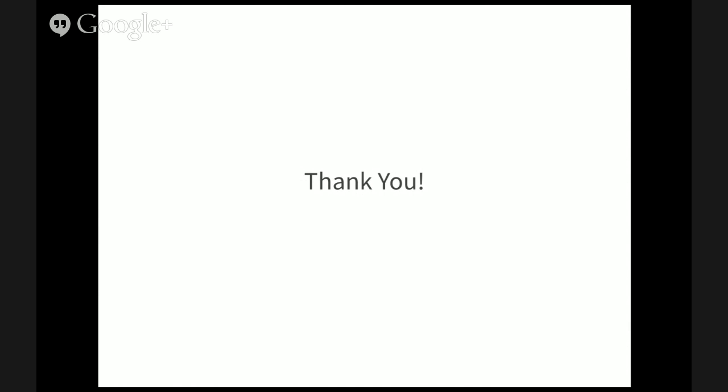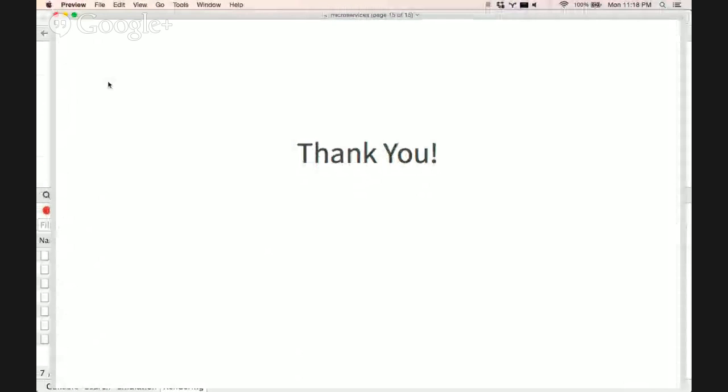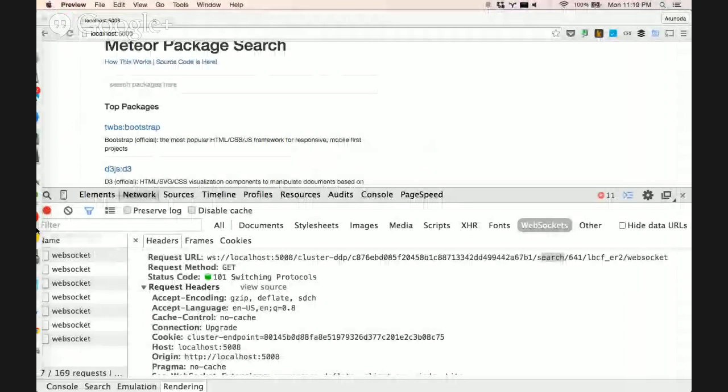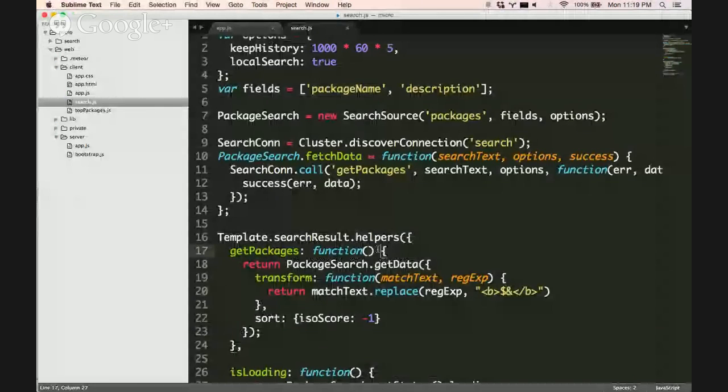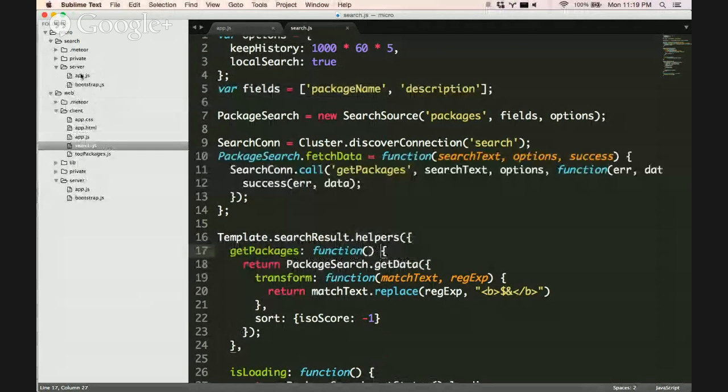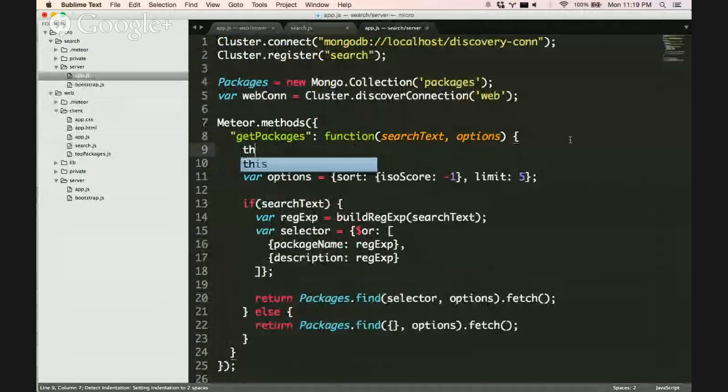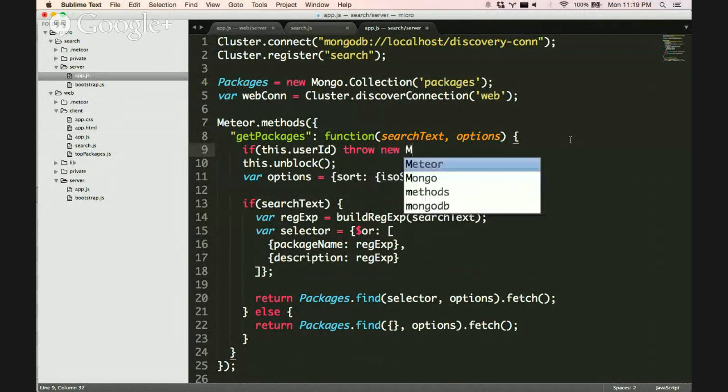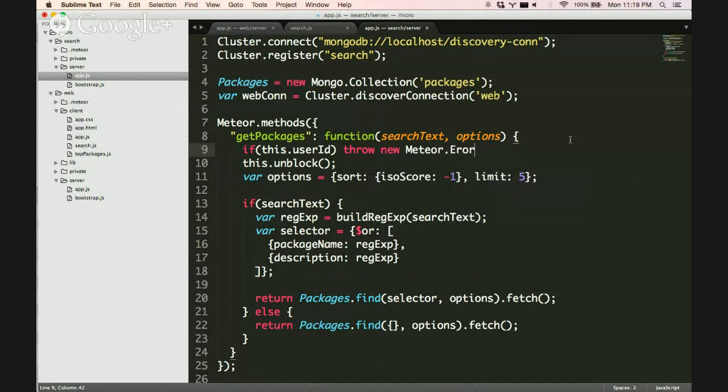Yes. He's asking how to do authentication. So I think I can do some kind of demo. This will be something not real, but I can show you how we're going to do it. Let's say for the search application, the search service. We can do something like this dot user ID. If there is no user ID, we can throw some error. I think you got the error. We can throw some error, and then we can use some